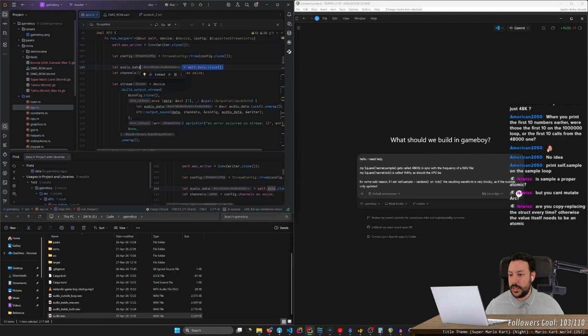Maybe I should pass this audio data inside and do it inside there. But yeah, I'm cloning Arc once. This instance is going to be used for outputting the wave file.